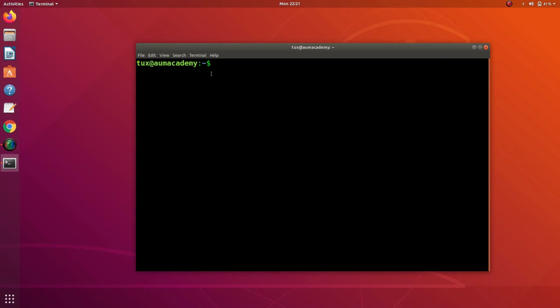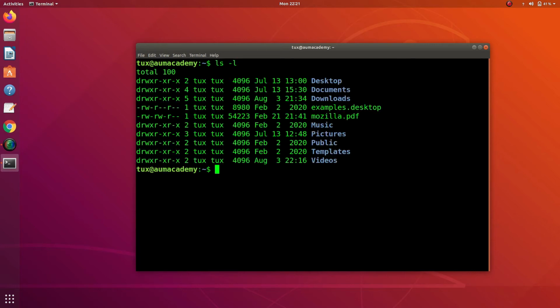As we can see, the blinking cursor is green. Let us try one Linux command, ls -l, and we can see that all text appears in green color. We can see that the built-in scheme green on black has been applied successfully.